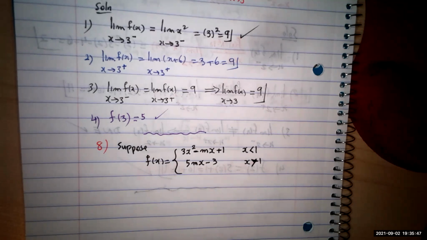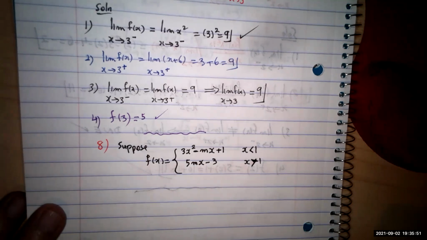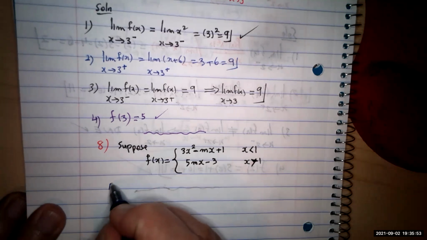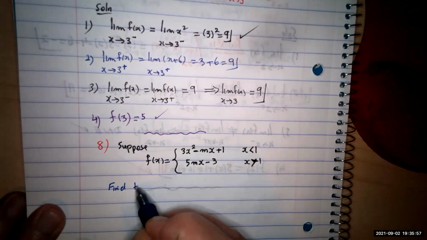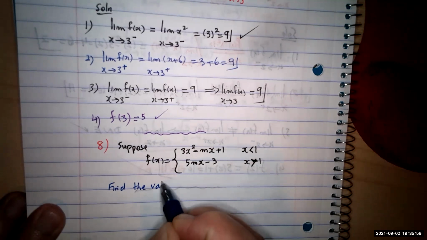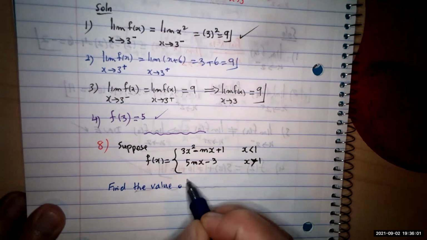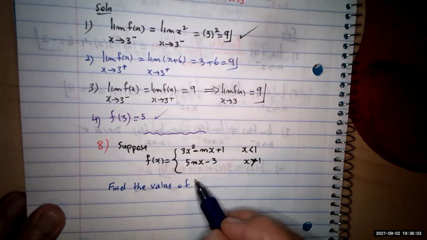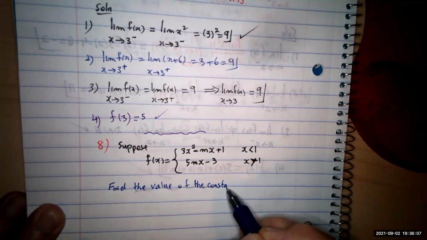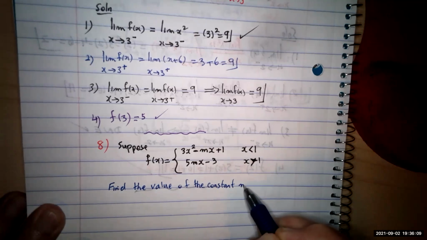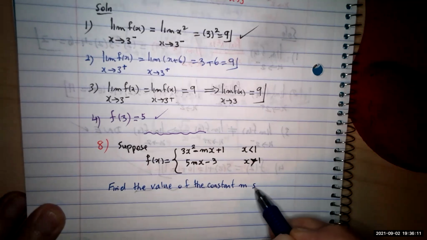What we would like to do is, we ask you to find the value of the constant m, the unknown constant m, such that